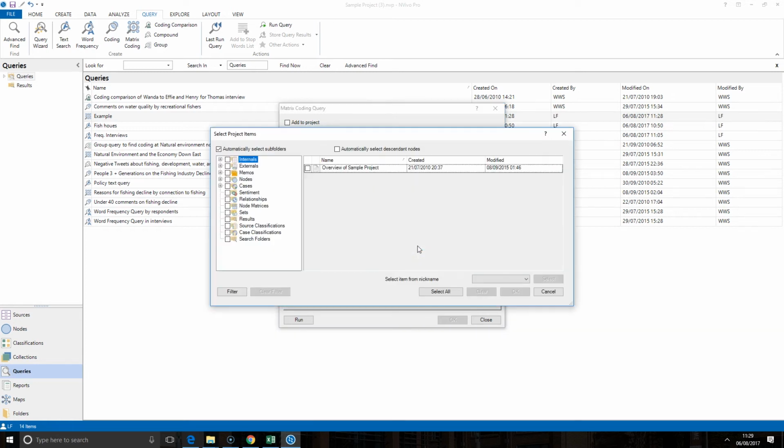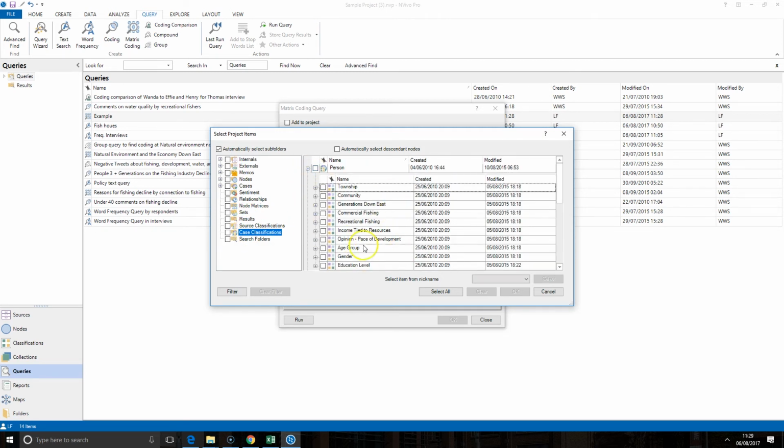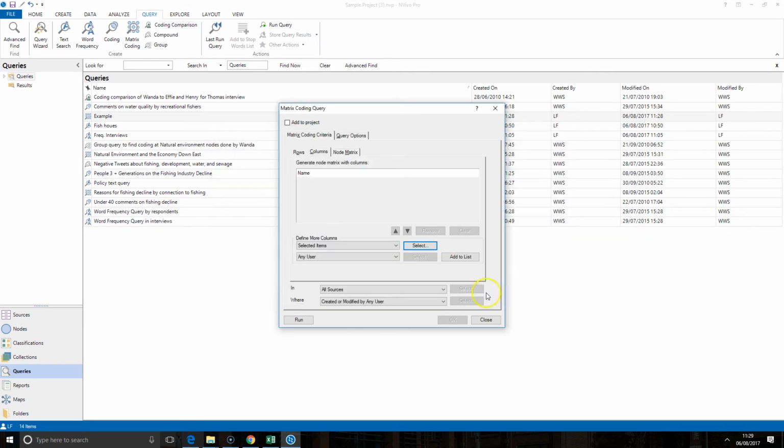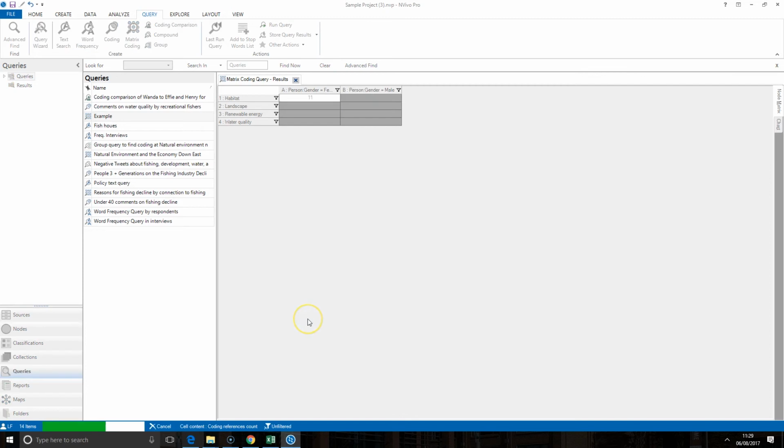So if I go to select, and this time I go down to my case classifications, you'll see I can start to bring in things related to my participants. For this to work, you must have attributes associated with the cases that you're looking at. So here, if I bring in gender, for example, and click OK, and then run this, see, I've got to add it to the list, run the query, and it's going to show me how many times those themes have